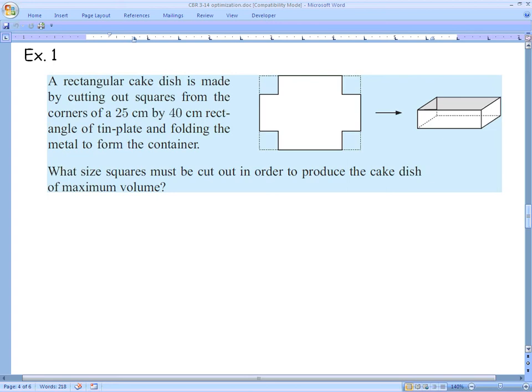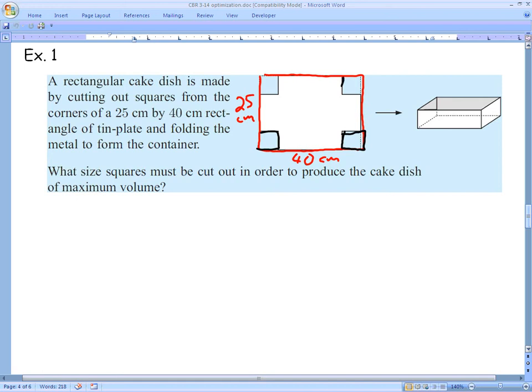So we're starting off here by talking about a cake dish. It's made by cutting out squares from the corners of a 25 centimeter by 40 centimeter rectangle. That would be this rectangle right here. So 25 obviously being the short end, and the 40 being the long. And then we cut out these little squares